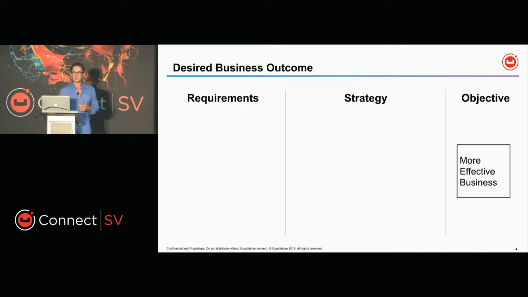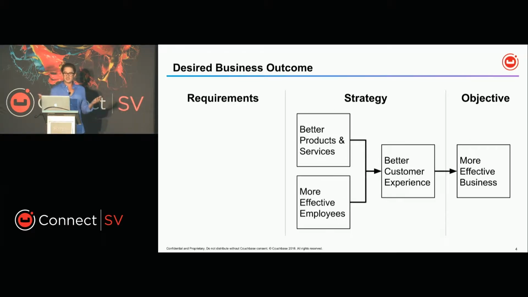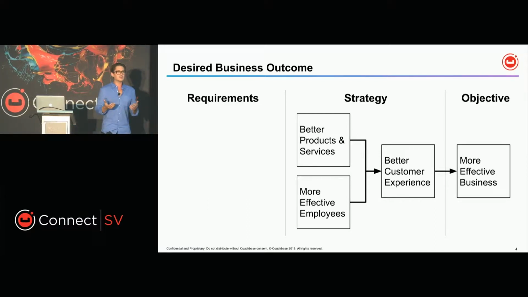to meet that strategy. So if we look at the way that businesses can become more effective, specifically on their ability to deliver products to their customers, products and services, they really are looking for a better customer experience. And that's a better customer experience from a buying perspective, from an evaluation perspective, and from an ownership perspective. That can be actual physical products, it can be digital products, it can be services, right? And so how do you drive a better customer experience in those three areas of